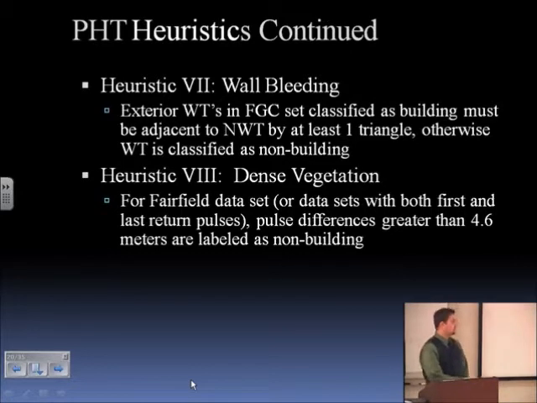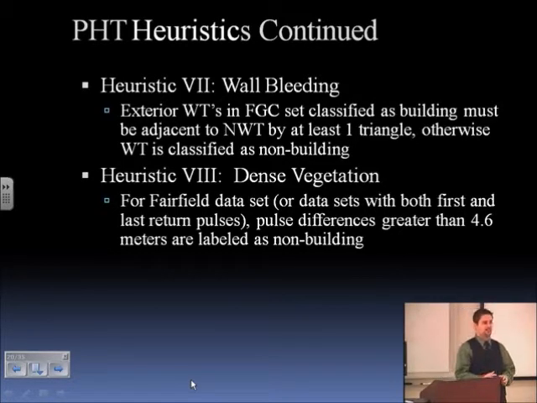There is a possibility you can get dense vegetation. And this is tough when you're looking at just the LiDAR data. If the vegetation is really dense, and it appears as an abrupt protrusion from the terrain and you don't get any returns penetrating the canopy, then it can look a lot like a building. If your sensor is collecting first and last returns,